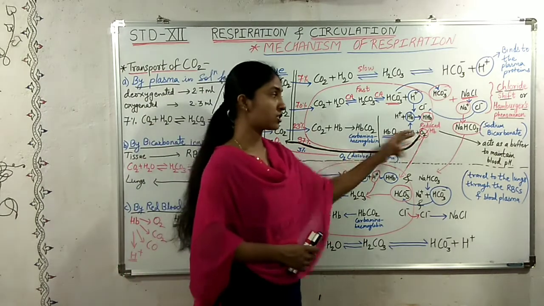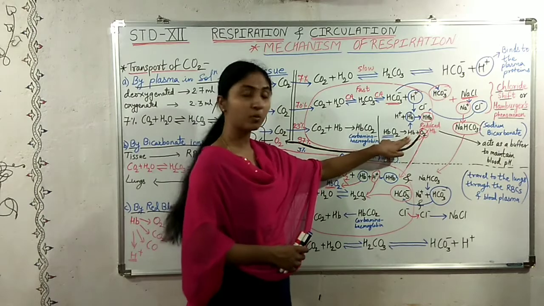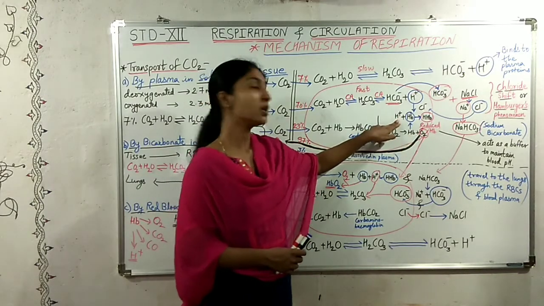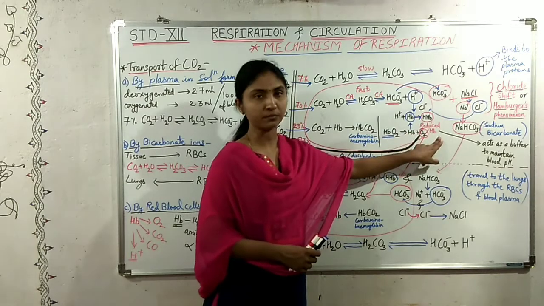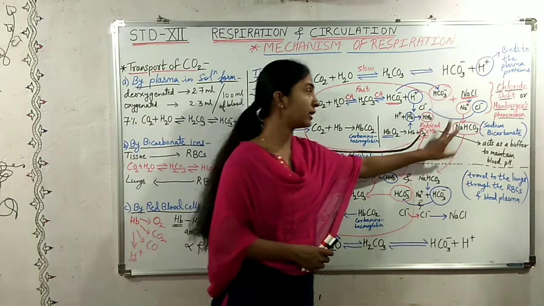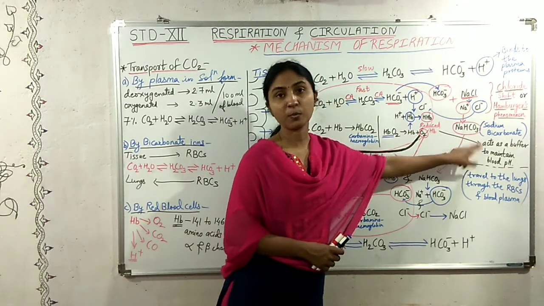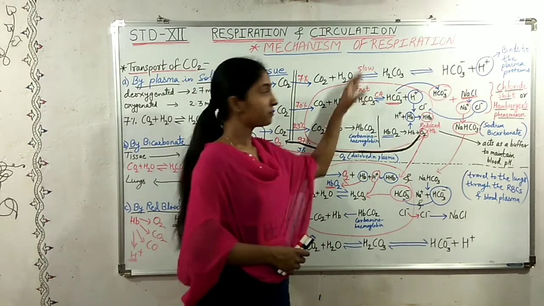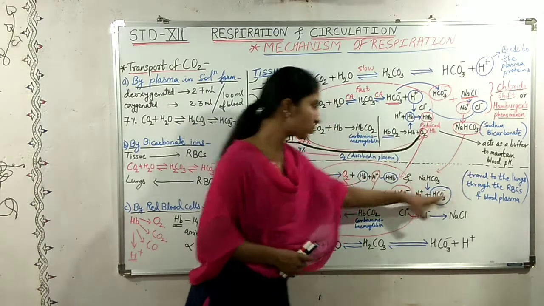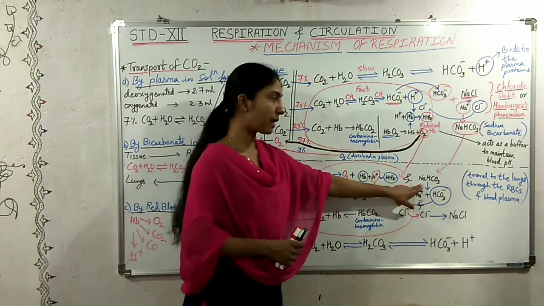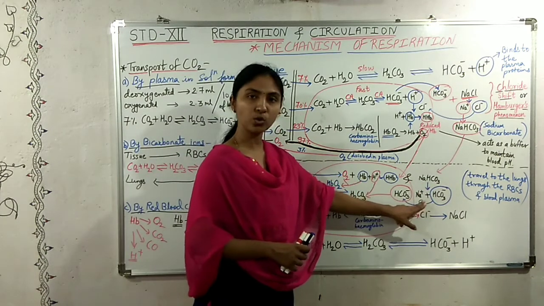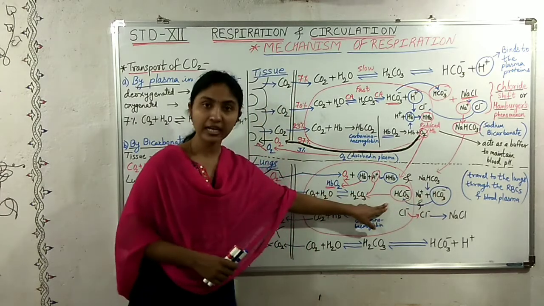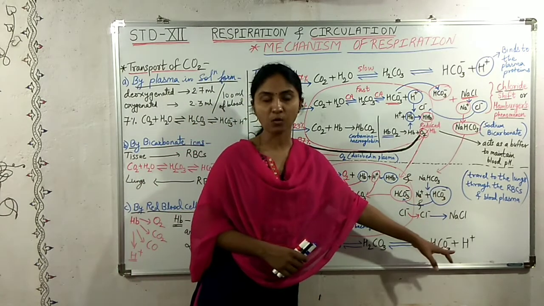So here oxygen is given to the tissues, and hemoglobin is remaining. This hemoglobin combines with hydrogen ions to form reduced hemoglobin. This reduced hemoglobin acts as a buffer to maintain the pH level of the blood. Now when this blood is transported from the tissues to the lungs, this sodium bicarbonate breaks into sodium and bicarbonate ions. Bicarbonate ions are taken in and chloride ions are given out again.